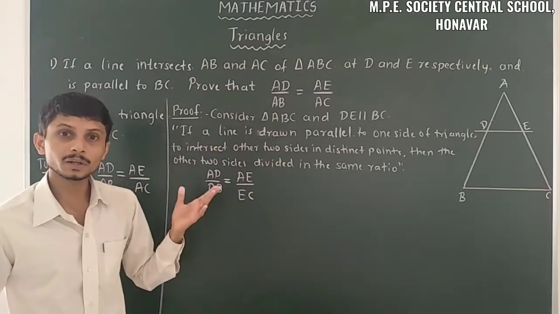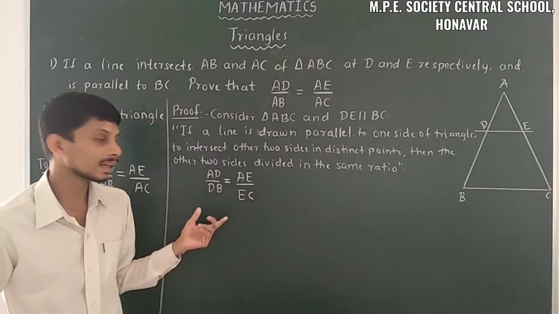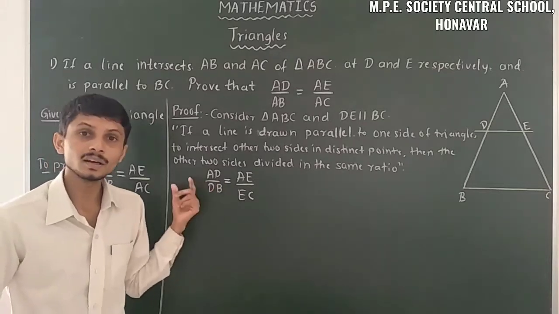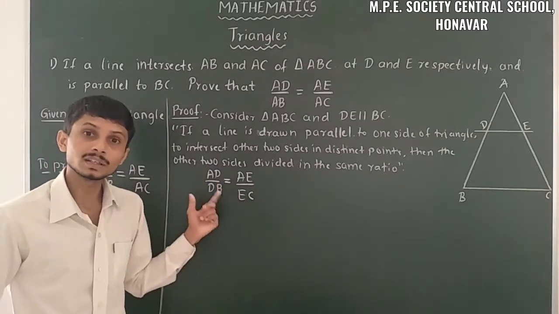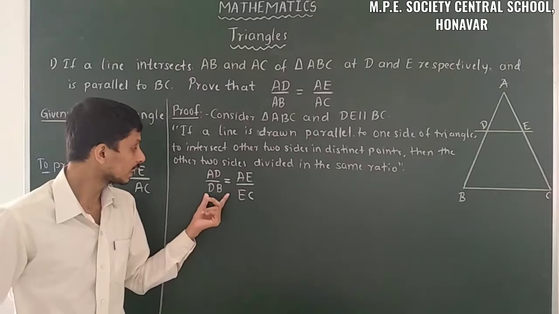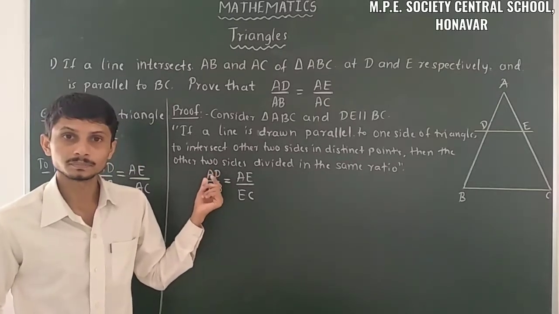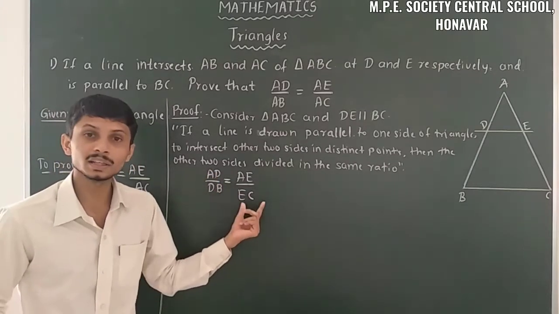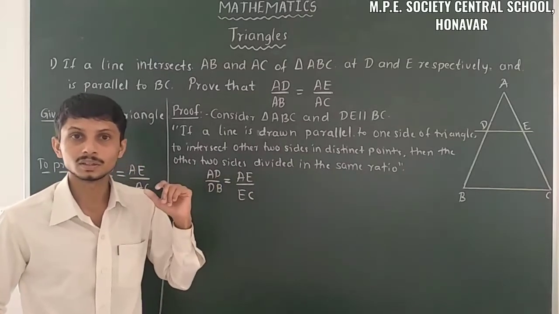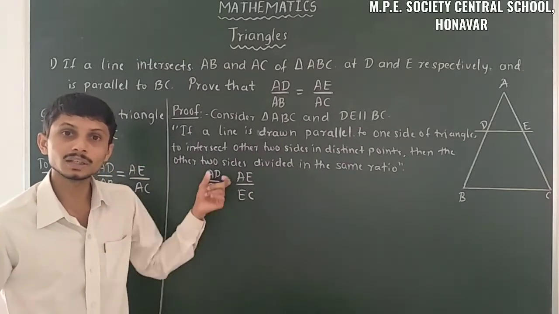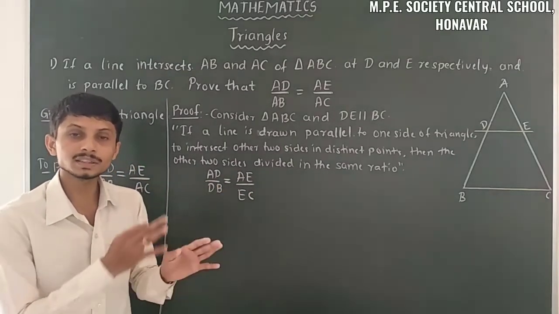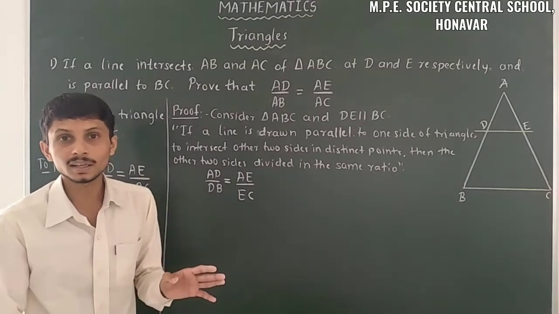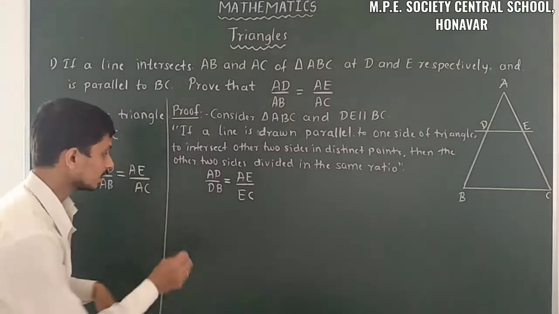So for that, firstly, when we take the LCM of the denominator on the LHS, the AD comes to the numerator. But the DB remains like this only, EC remains like this only. So for that, firstly we have to invert those things. That means change the numerator and the denominator on both sides. That is inverting.